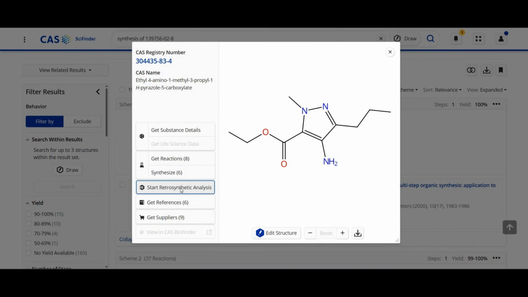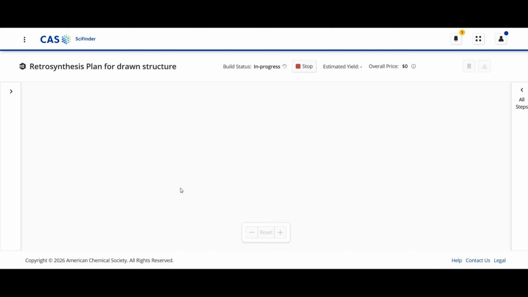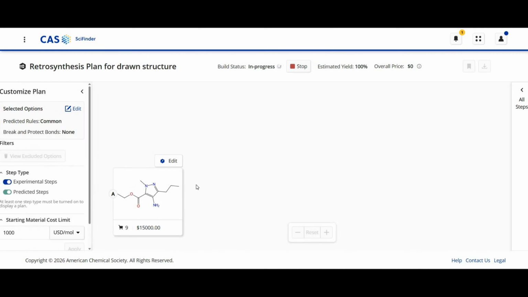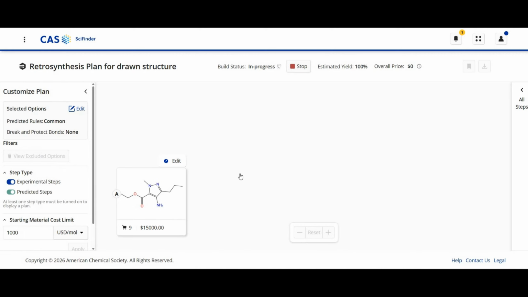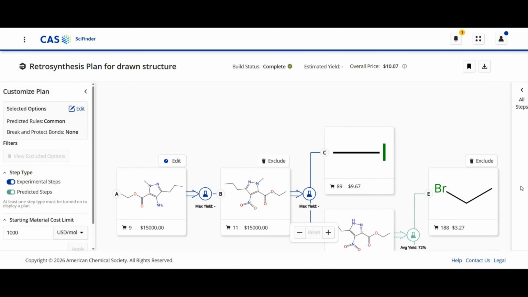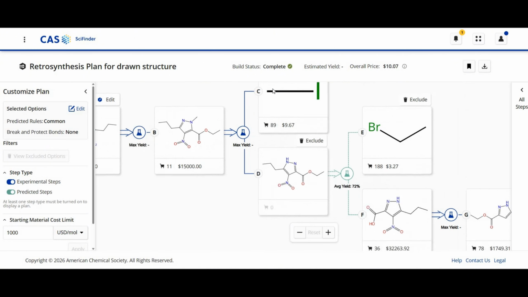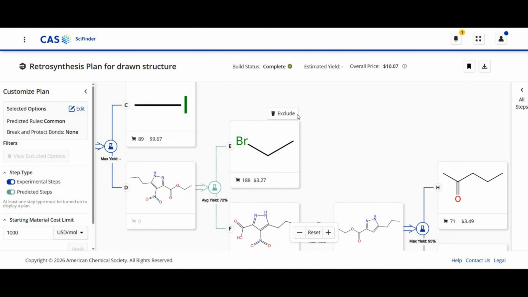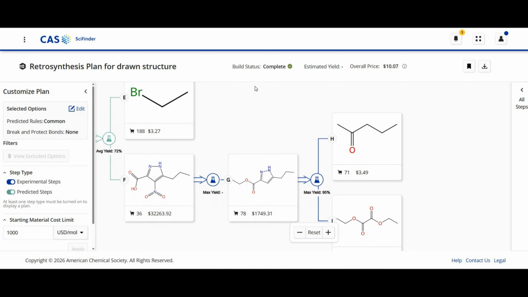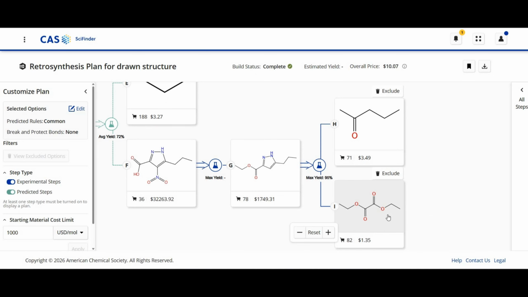So let's see what will be the result. Okay, so it is taking some time. Okay, now it's ready. As you can see, there are several steps to synthesize this pyrazole derivative. It is not one step. So I think it is easy to buy this molecule, but if you are doing research in academia, then probably you need to prepare it. So it is simple. You can use